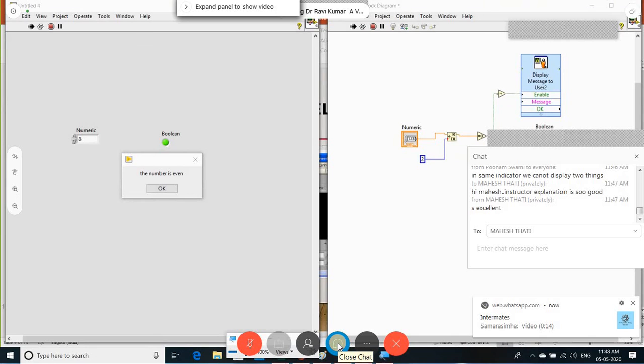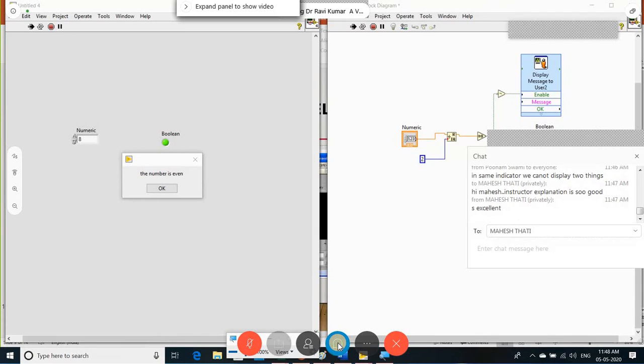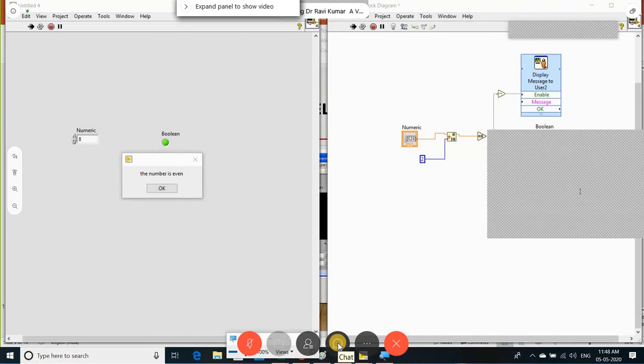So, is it possible to explain the shortcuts first before going to the session? Fine, sir. Shortcuts. What is the way of shortcut? Shortcuts used in finding out functions.